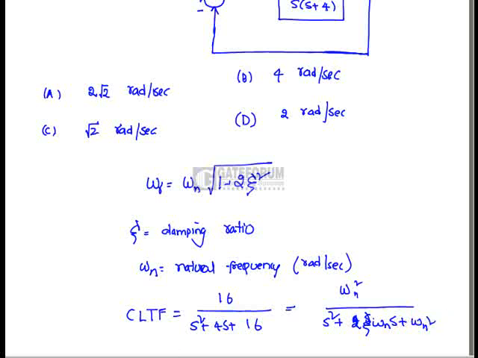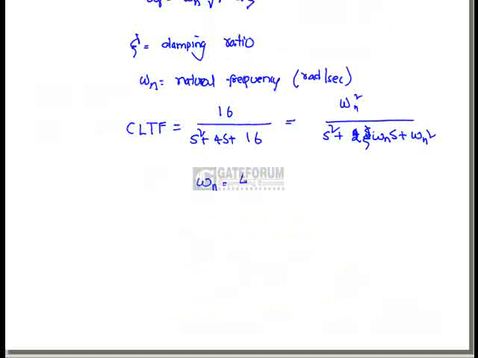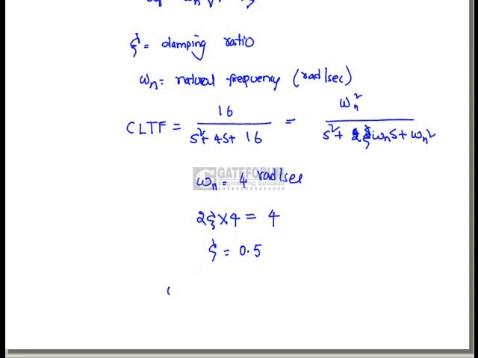From this comparison, we get omega n equals 4 radians per second, and 2 zeta into 4 equals 4, so zeta equals 0.5. So if we substitute omega n and zeta in equation 1, we are going to